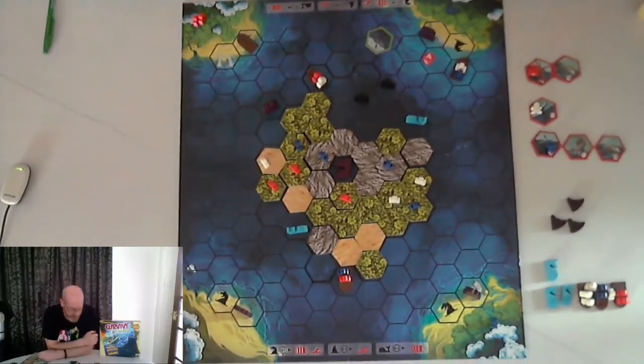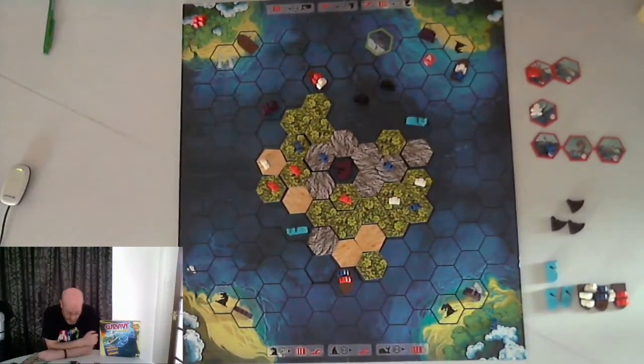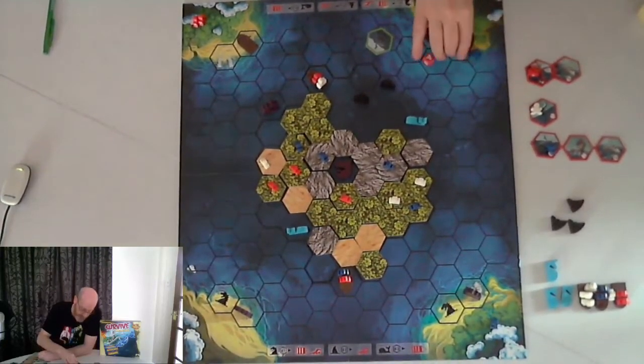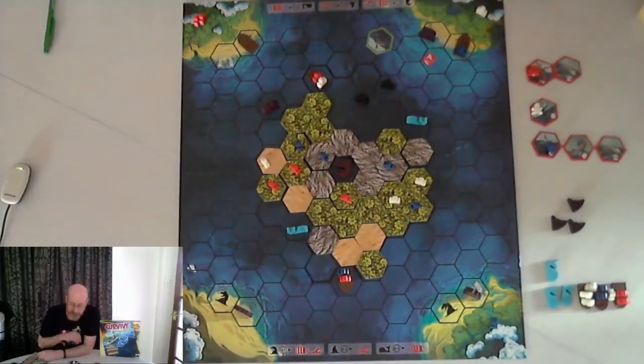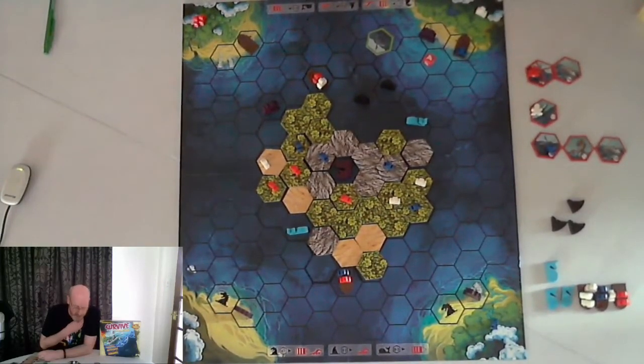So now it's white person's turn again. White is going to move this boat 1. Escape with his chap 2. So White has now escaped at least one of his characters. And then for this third move, he's going to move...